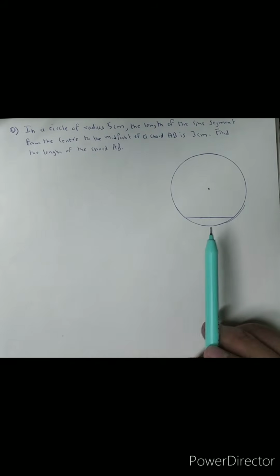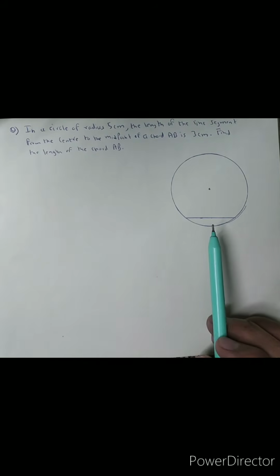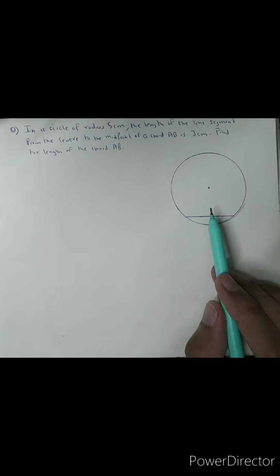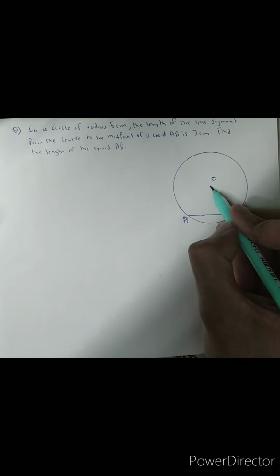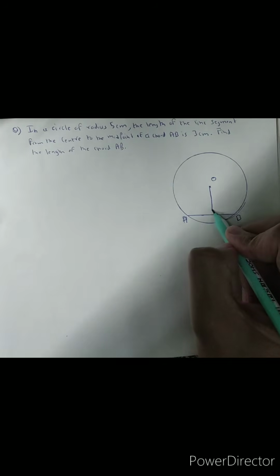So let us look at a simple problem on circle theorems. We are given a circle of radius 5 centimeters, and in that circle we have a chord AB. Let O be the center of the circle. We are given the length of the line segment from the center of the circle to the midpoint of the